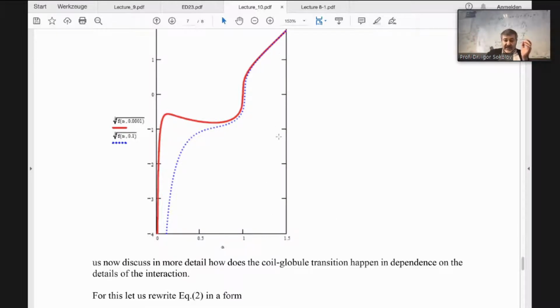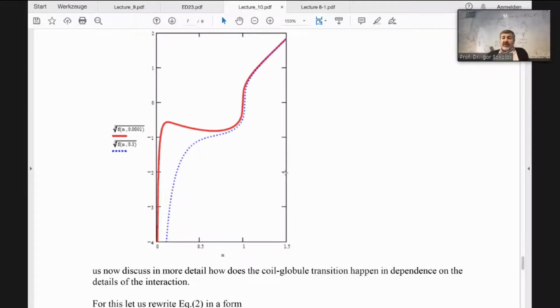This is x, and x was proportional to 1/2 minus phi times square root of N. Don't forget. So here I have a gradual crossover. It's called a crossover. It's a slow change of regime. I cross from the regime of a swollen chain over to the regime of a globular,